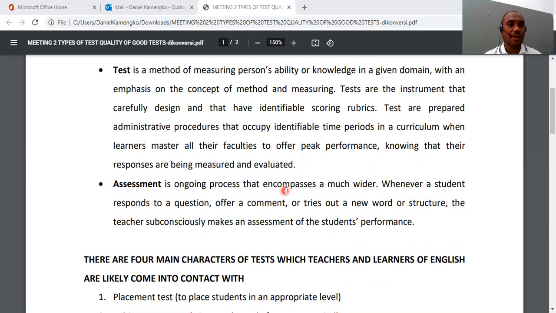As teachers, we have to think how to make the perfect test, the perfect assessment for measuring our students' knowledge or performance or ability. So think about these two terms, test and assessment, and probably you have your own ideas what a test is and what an assessment is.